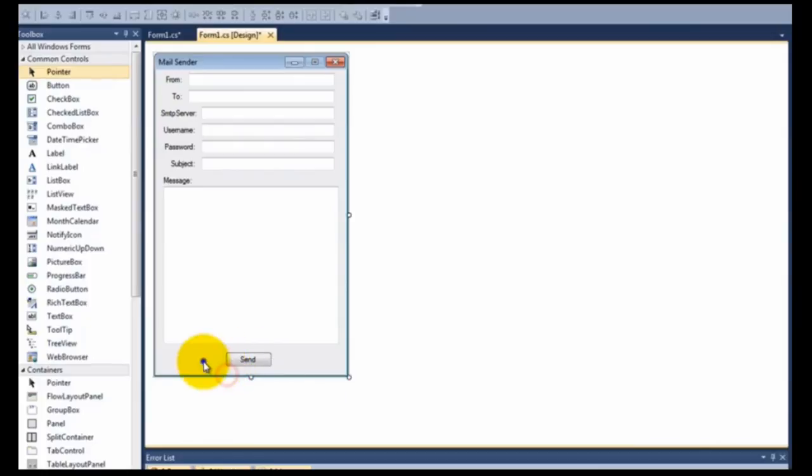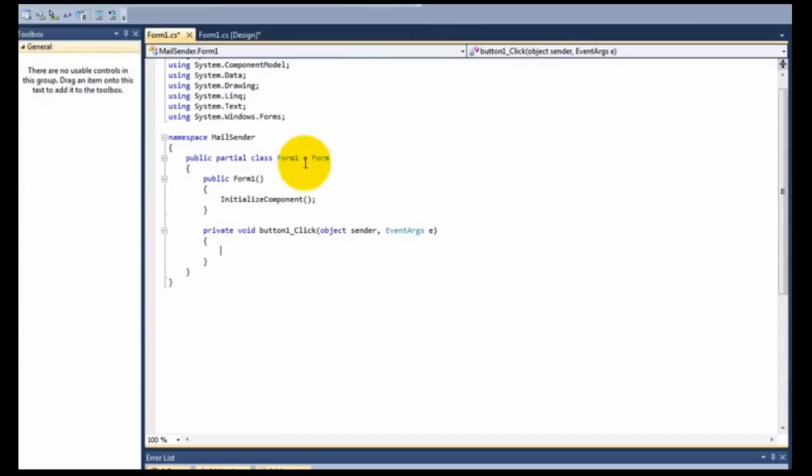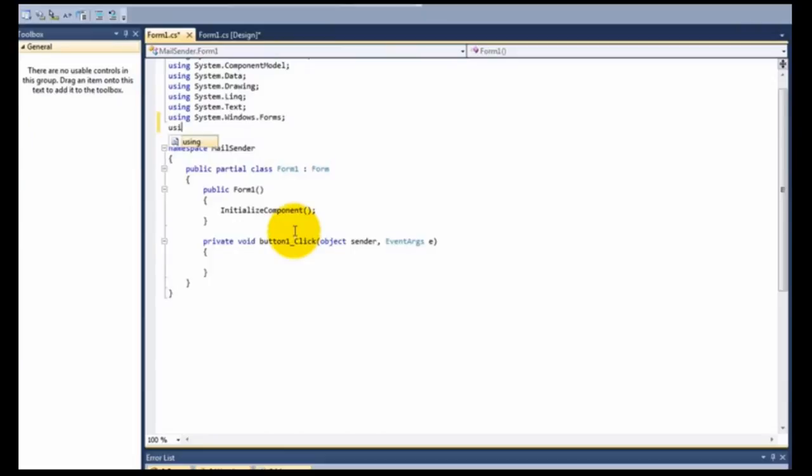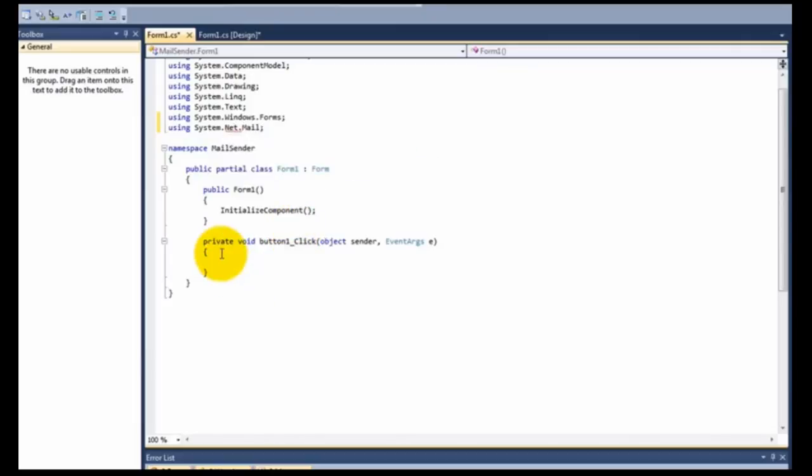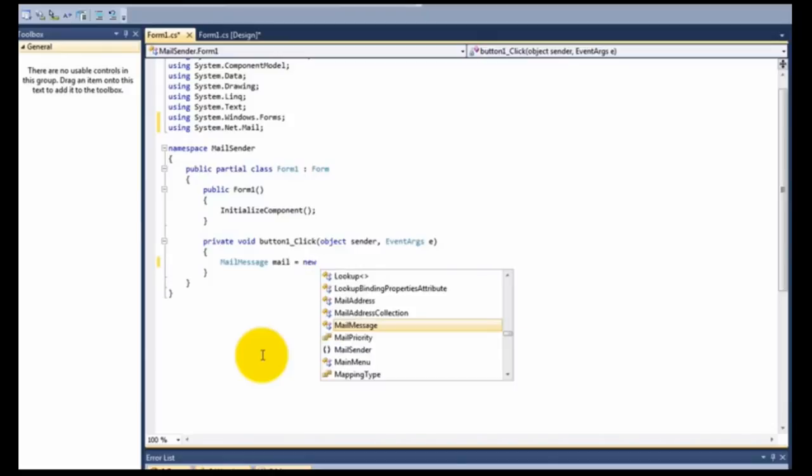And the last one, now in the button, let's make a declaration using system.net.mail.